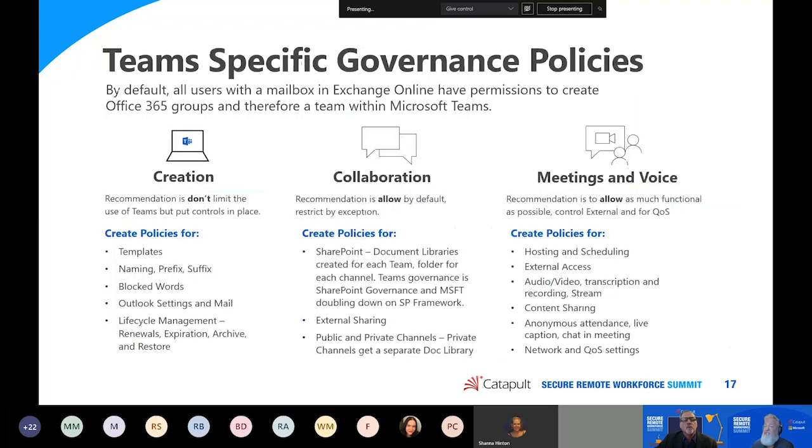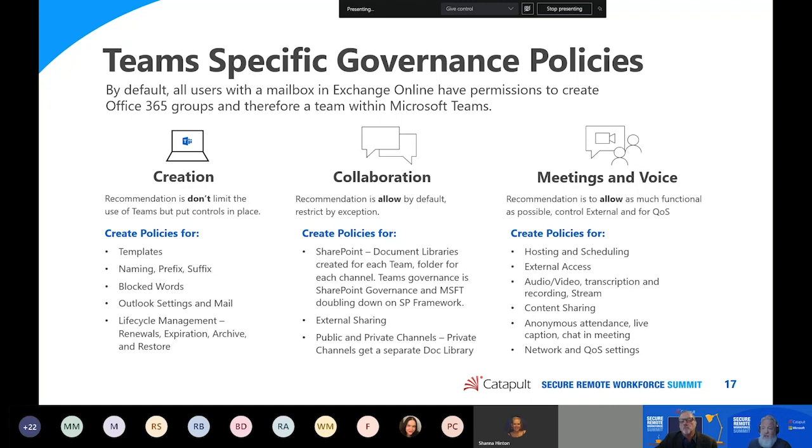For Teams specifically, because I feel we really need to give some specific advice around governance here, it is important to create policies around creation, collaboration, and then some specific policies around meetings and voice. Our general recommendation is not to limit the use of Teams, but to put some specific controls in place.